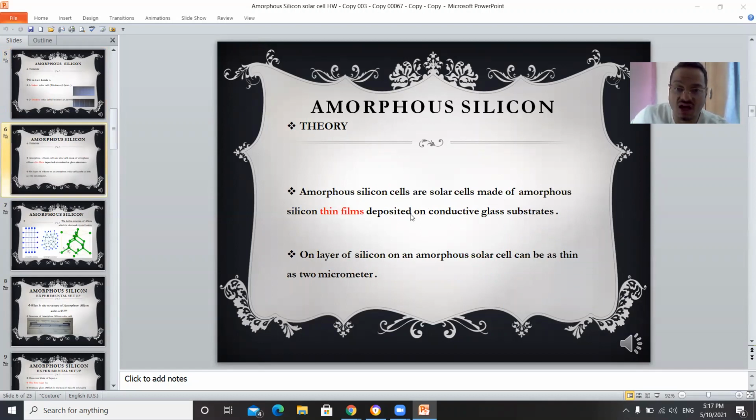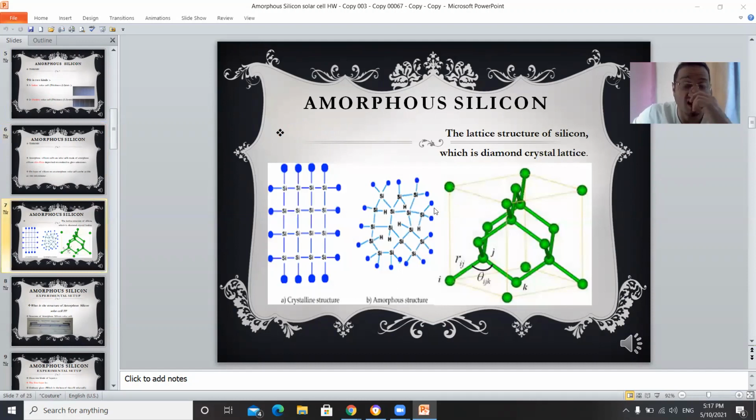Amorphous silicon cells are solar cells made of amorphous silicon thin films deposited on a conductive glass substrate, and I will explain in the next slides why we deposit it on conductive glass. This relates to the temperature. One layer of silicon in an amorphous solar cell can be as thin as 2 micrometers. And again, this figure explains the difference between the homogeneous and non-homogeneous